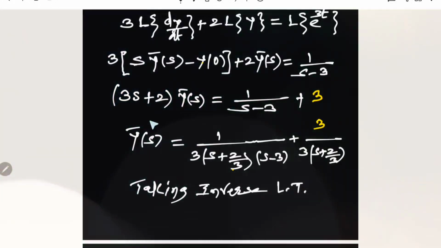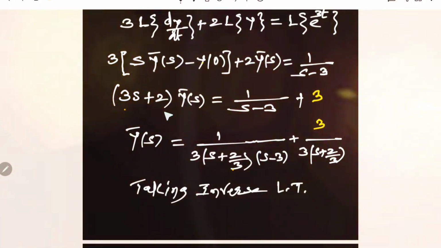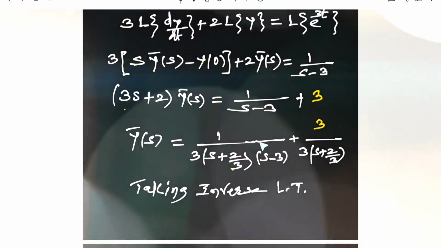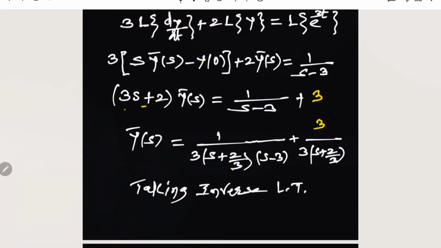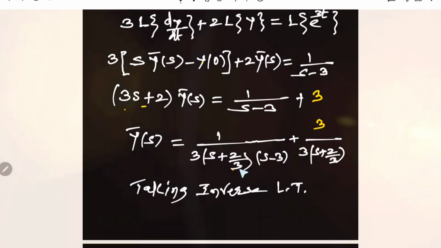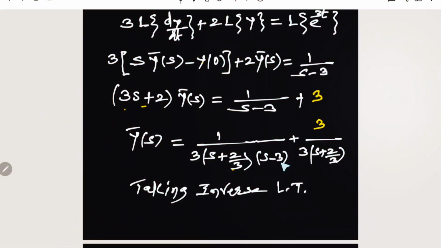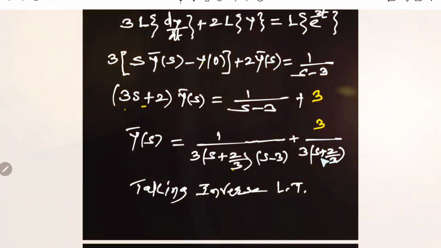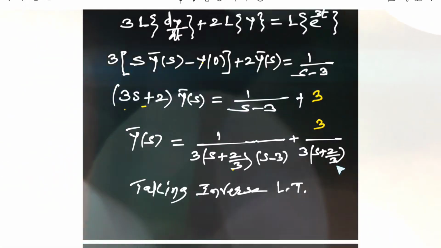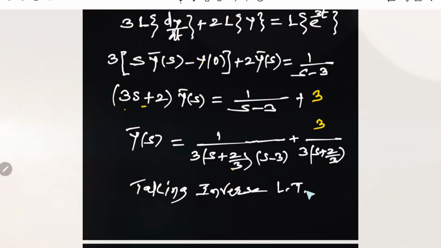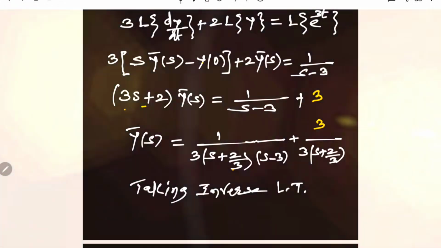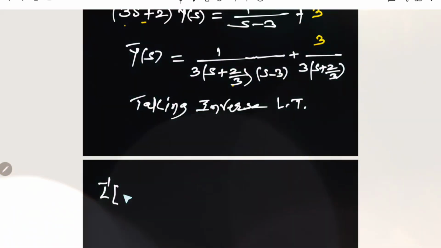Then dividing by this term 3s plus 2, we get 1 upon 3 times, taking 3 common from this, we get s plus 2 by 3 into s minus 3, plus 3 divided by 3 times s plus 2 by 3. And then taking inverse Laplace on both sides, we get, therefore, inverse of